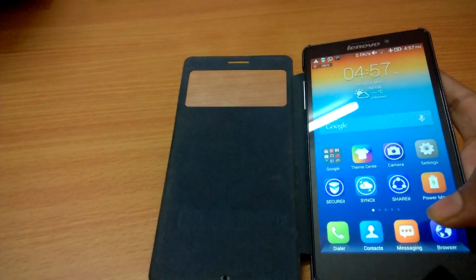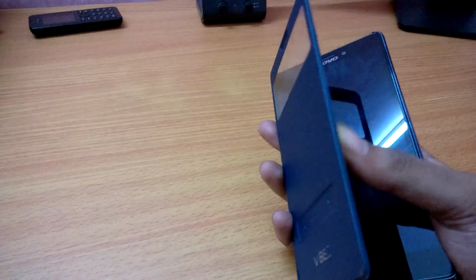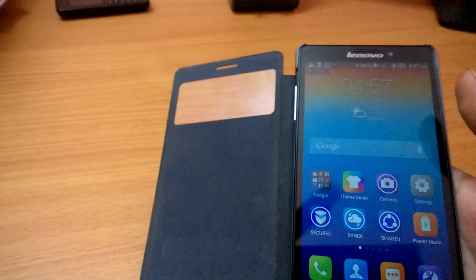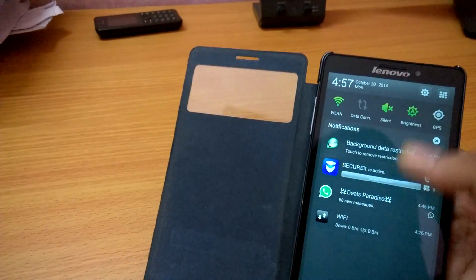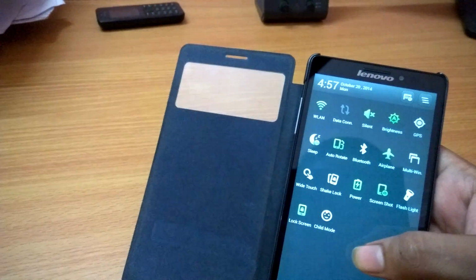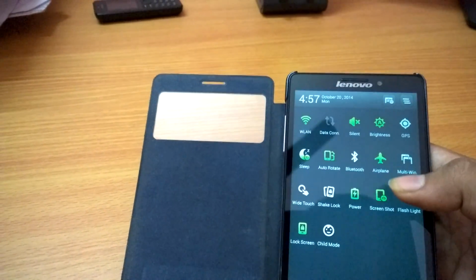So the typing problem, this feature you cannot switch off. The flip cover thing, in the camera I showed you 4 problems. One more major problem: suppose I'm switching on the torch in my Lenovo. Where is it? Yeah, flashlight. So I've switched on the torch in my phone. You can see it's on,